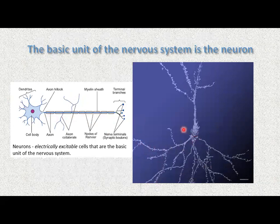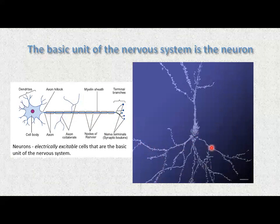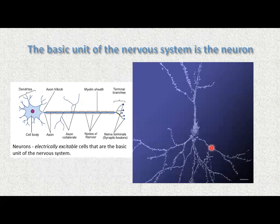And the dendrites are the sites of the synaptic connections. So we have the axon from one neuron contacting the dendrite of a different neuron to make a synapse. And the synapse is where the neurochemical transmission occurs. And that we'll be talking a little about